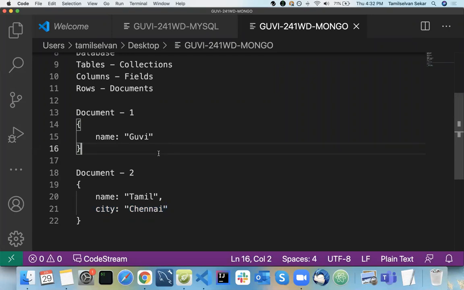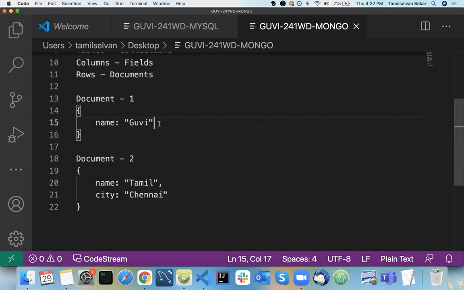You're just storing an object like a variable. So consider each and every document a different variable, or an array of objects, that is going to be stored in your MongoDB. Clear? Clear now?